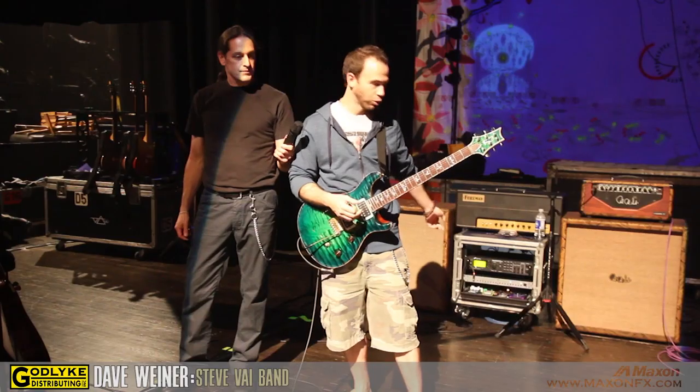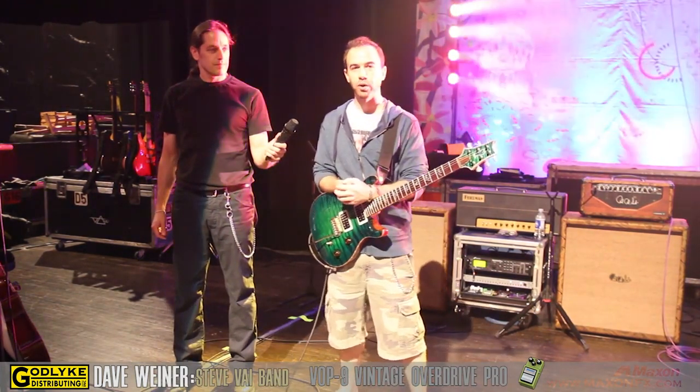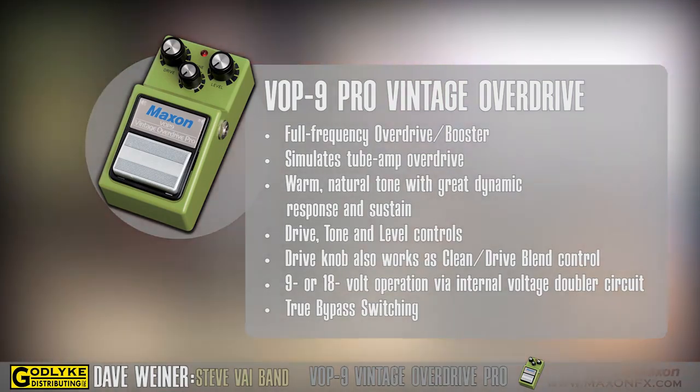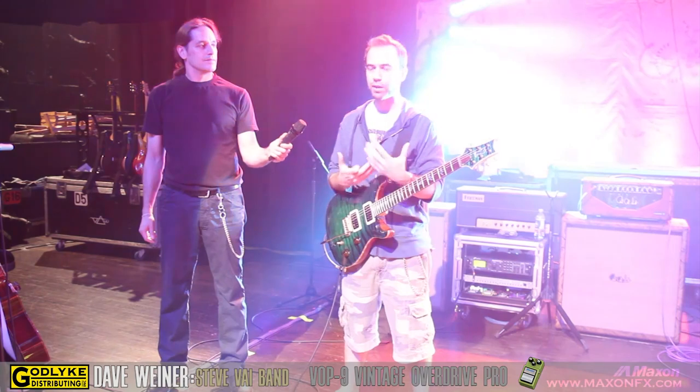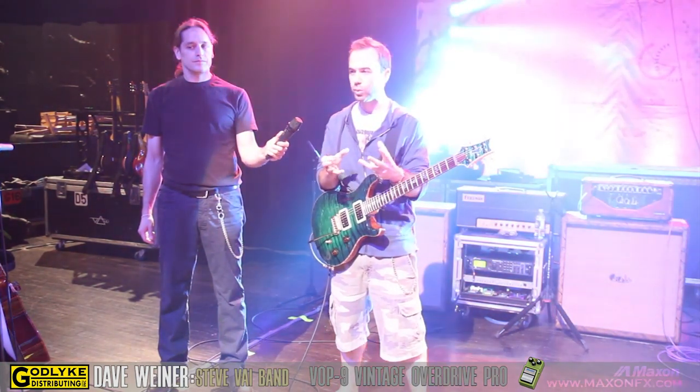In my pedal drawer back here, I've got a Maxon VOP9, which is the Vintage Overdrive Pro. It's been one of my go-to overdrives for quite a long time. And the way that I use overdrives, I think most guitar players work really hard to get their tone, their sound from the guitar to the amp direct. And I'm kind of a purist in that nature, and anything that's going to come between that has to only